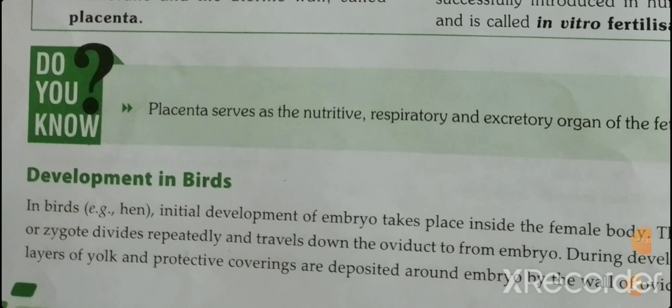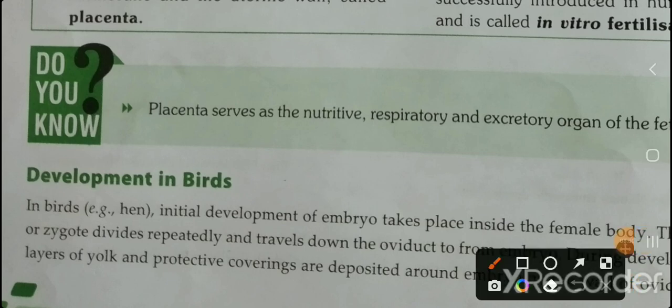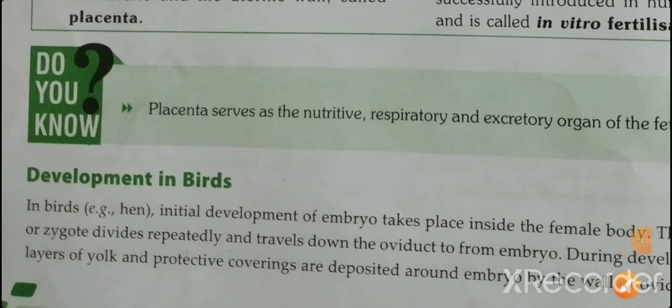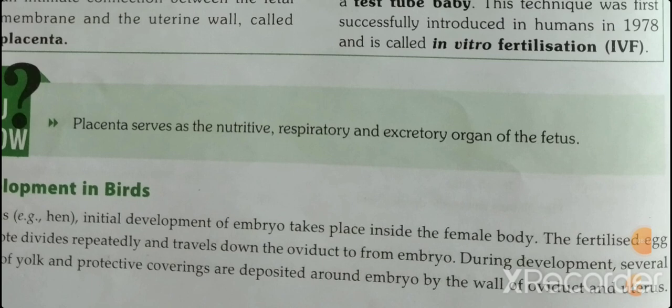So development in birds is quite different from human beings, because birds are mostly oviparous, that is, egg layers. It is also internal fertilization, where the initial development of the embryo takes place inside the female body only. After the formation of the zygote, it will divide repeatedly and travel through the oviduct and form the embryo. Now here the embryo contains the largest yolk and some protective coverings around the yolk, that is the shell we have seen. So that will protect the